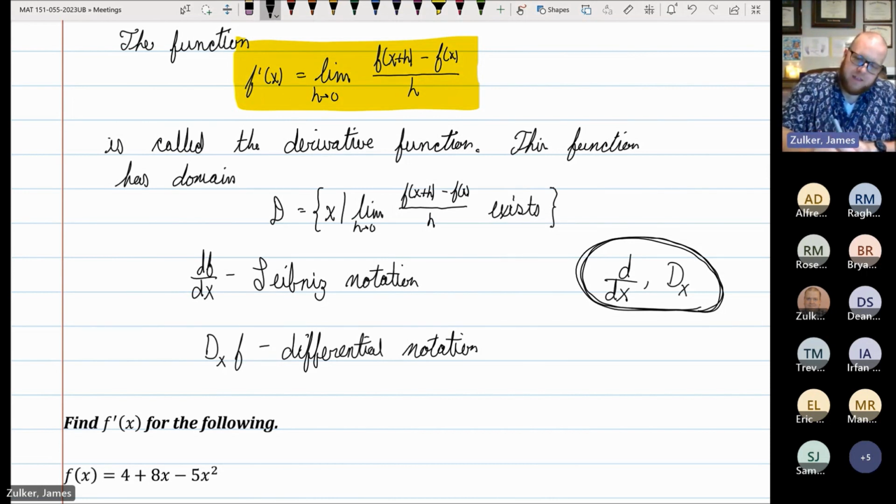By the way, this function that I just boxed in green,